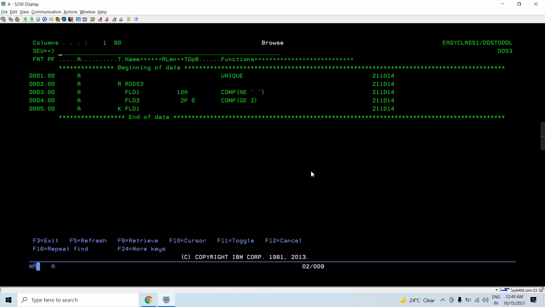But what happens if I try to read the same file? At that time these checks happen, whether the data is correct or not. When I open a cursor in my RPG program, the cursor is checked against the file to see whether the data we are reading is correct or not.